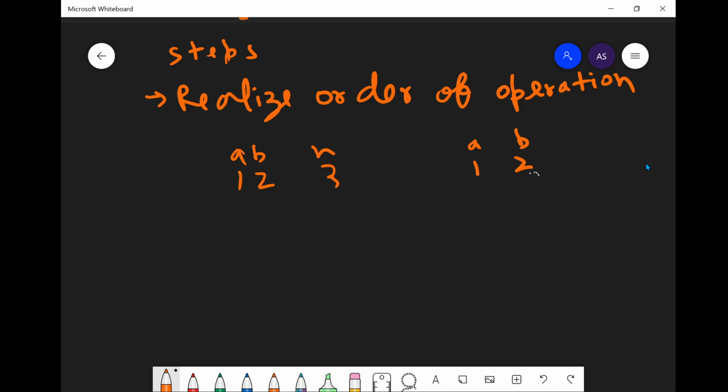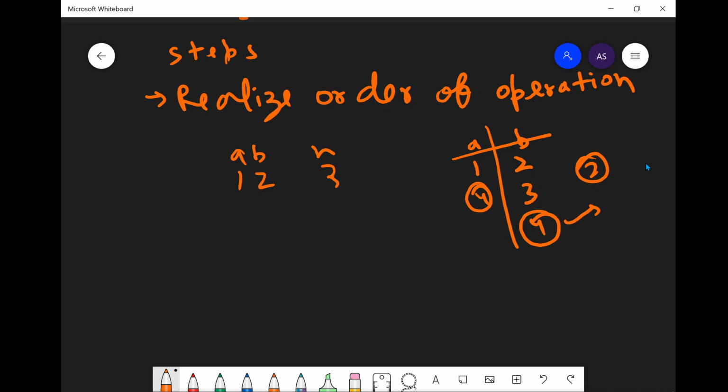But there are various options. Like in the first operation, if we choose A and add it to B, it becomes 3. But still this is not greater. So here we have to increment it again by this, that is 3 plus 1 is 4. Now b has become greater and we have used two operations. But here comes the first observation. Rather than adding 1 again to this, what if we add 3 back to a, which is 1? Then also it would become 4, which is greater than 3.